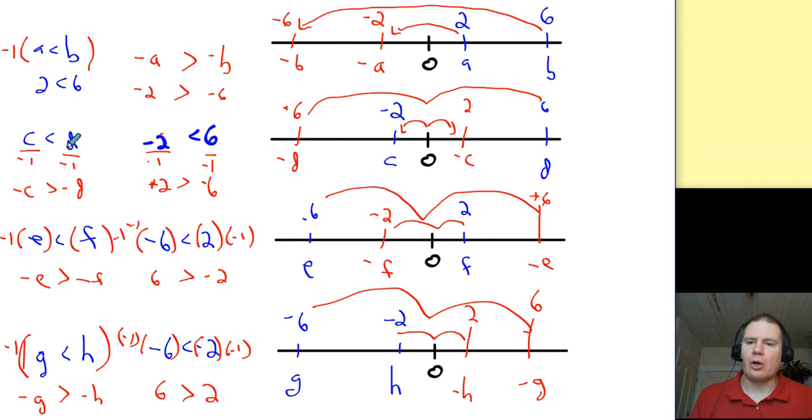This is always true, and we can show that whether A and B are both positive, whether one's positive and the other negative, whether they're positive and negative the other way, or whether they're both negative, it's still the case that the inequality relationship reverses. So when we see a question where the original problem says something like negative x is less than 6,